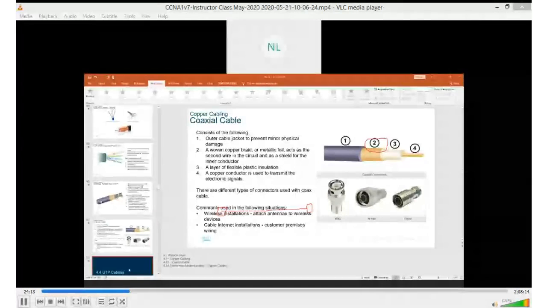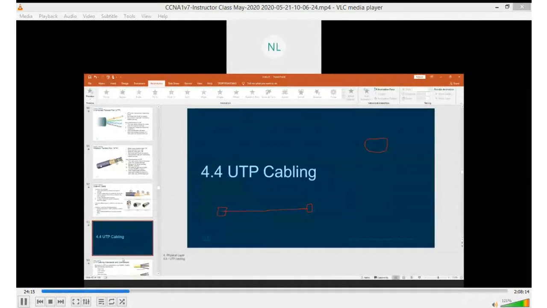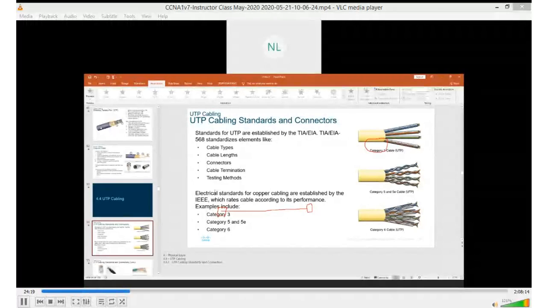So because UTP is the most common, we'll talk a little bit about it. We said that every technology you see on the network uses a protocol. And in addition to a protocol, there are non-governmental, unpaid organizations that set standards for it. The organizations that set standards for UTP cable include the TIA and EIA,